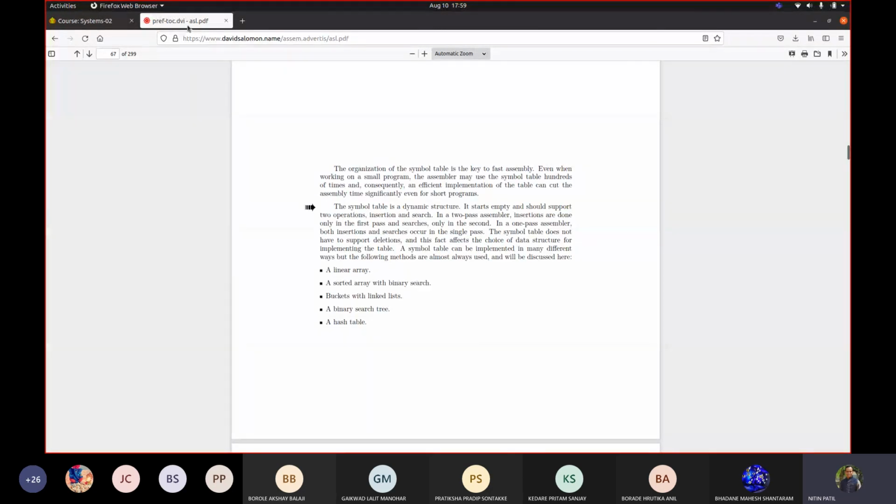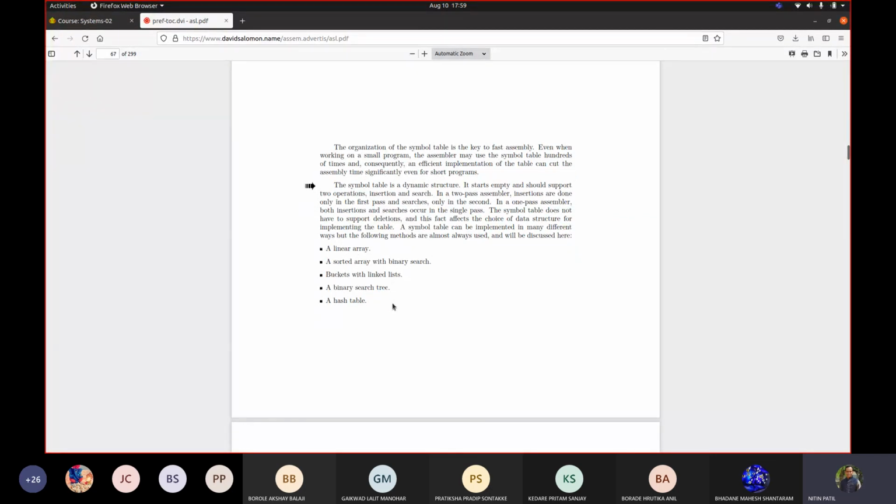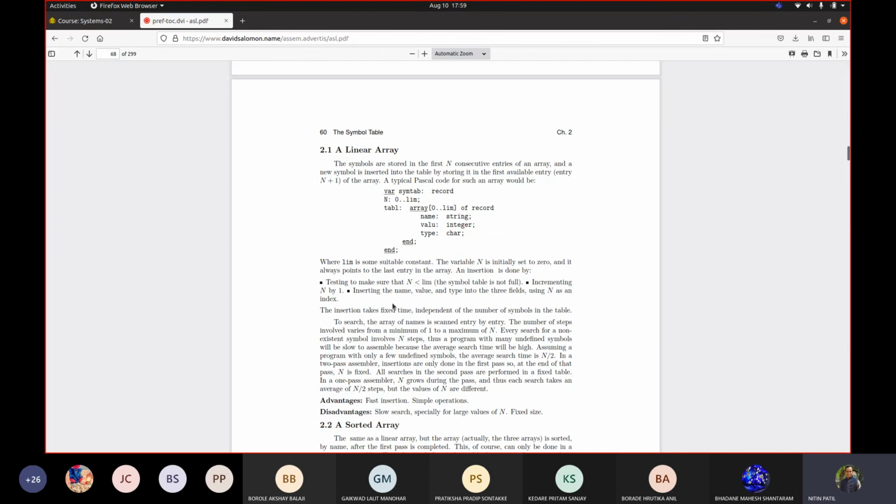Yes. So it is talking about these different things: linear array, sorted array, buckets with linked list, binary search tree, hash table. Sometimes it is making use of Pascal language representation. This is Pascal code. The Pascal language was there before C. People used to make use of Pascal a lot.